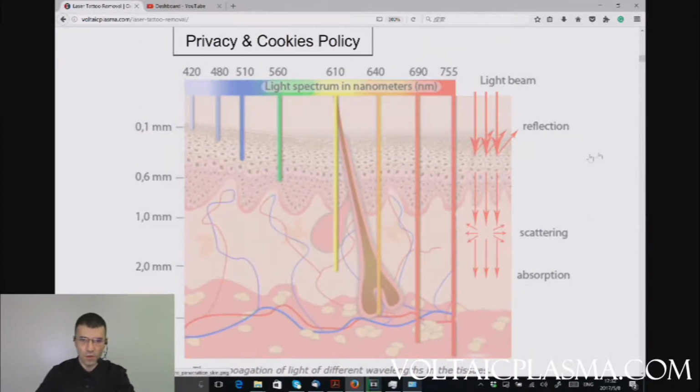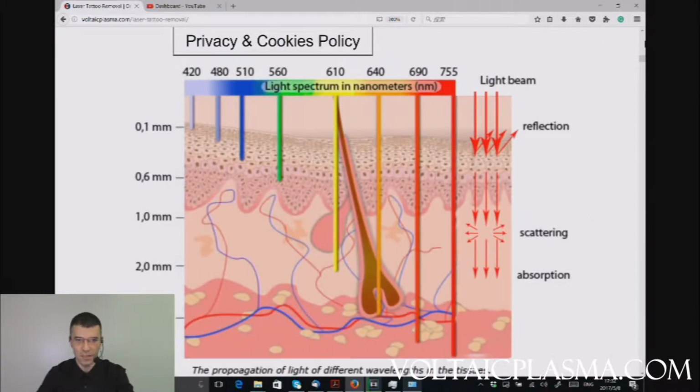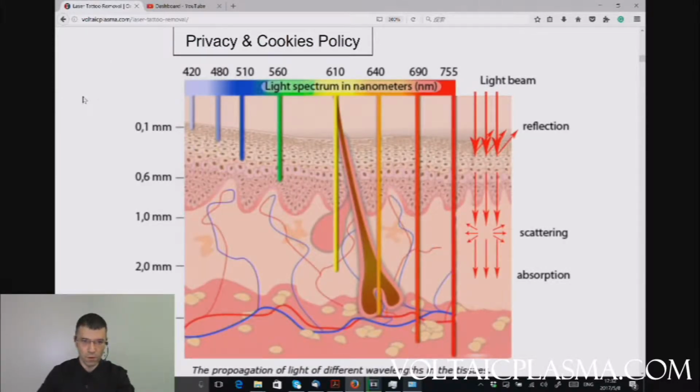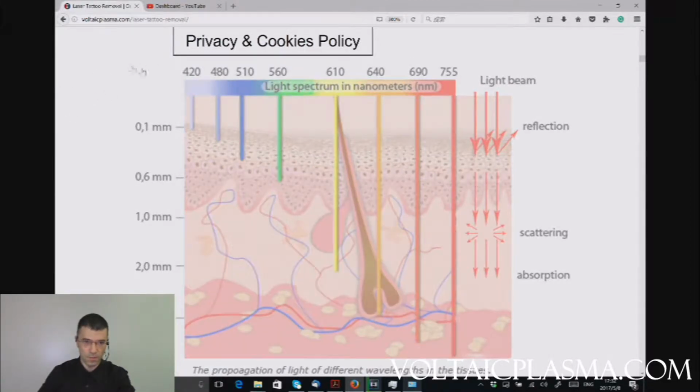The following picture talks about the wavelengths of lasers and the depth of penetration. Now the shorter the wavelength, the higher the frequency. So this is higher frequency than there. This is a lower frequency, this is higher frequency. So the higher the frequency, the shorter the penetration of the laser light inside the skin. So what you'll find in tattoo removal devices is that the frequencies are around this region, so that you can penetrate inside the dermal layer. So remember once again what we talked about,